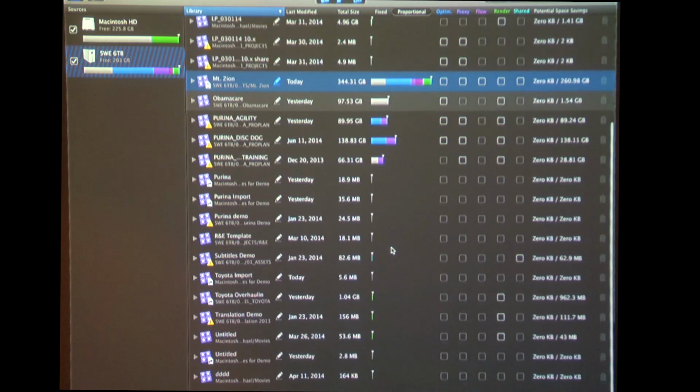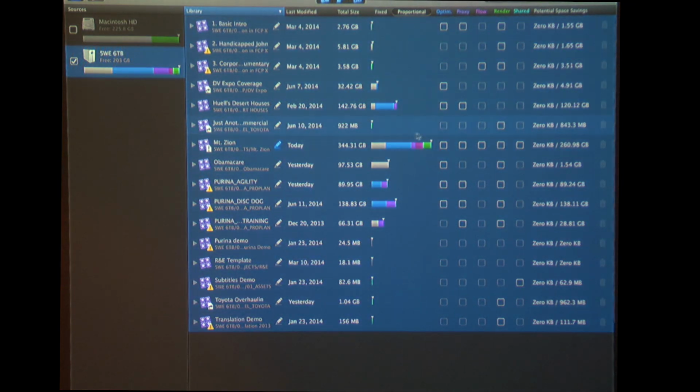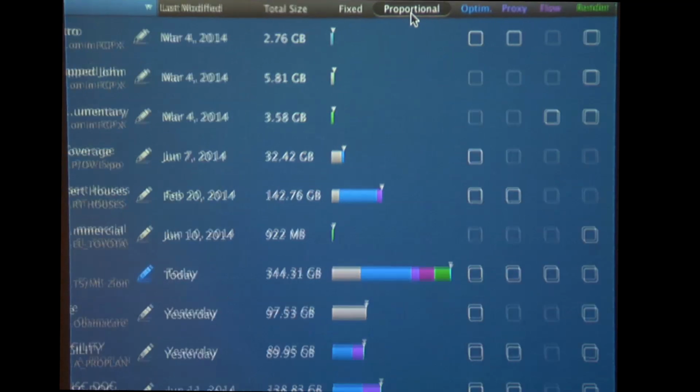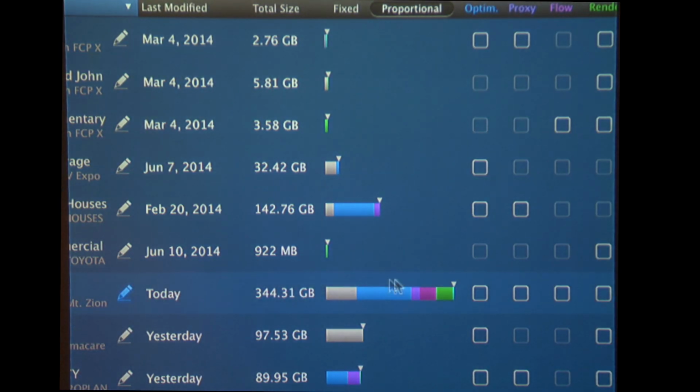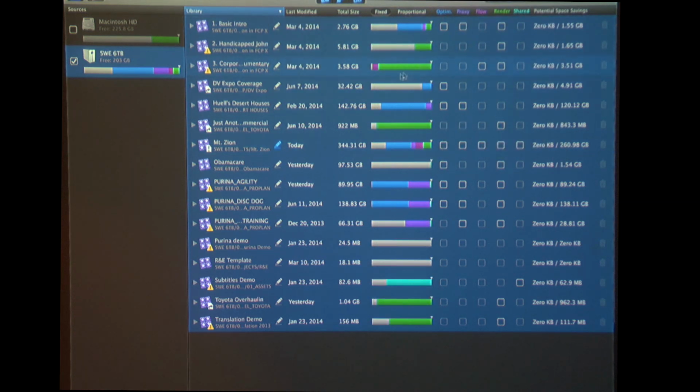So, moving into the management aspect, what is it doing in terms of managing libraries? If I look at these specific libraries, let's just click on the 6 terabyte drive here. We can look at the data on the drives in 2 different ways. Right now we're in the proportional view. Here's the word proportional. So we can see that this project here, the Mount Zion project, is taking up the most space on the drive. Now we can also click on fixed and see